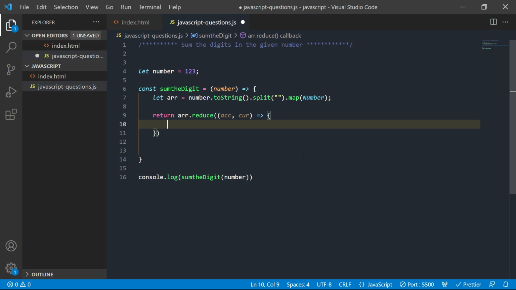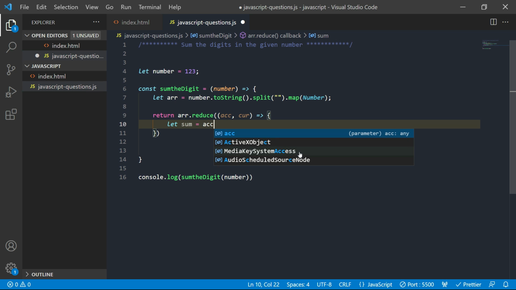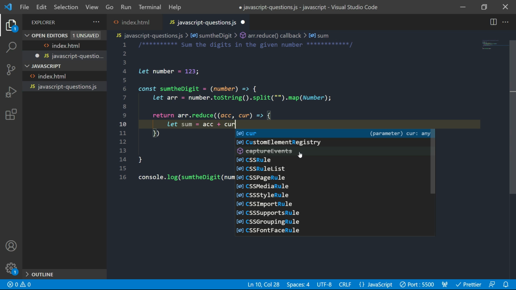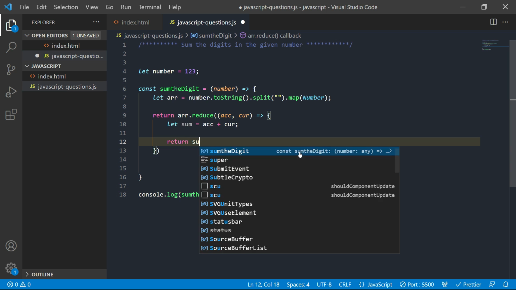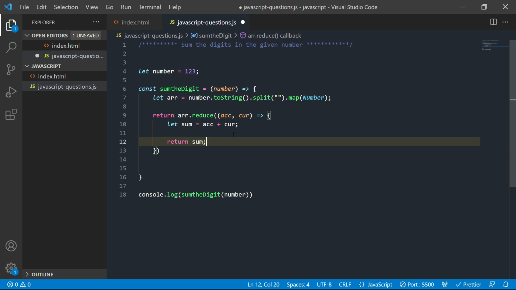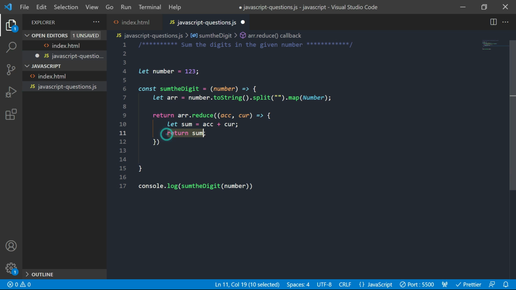Let's take a variable sum and add the accumulator value plus the current value, and return sum. So this is going to return the sum, and that is being returned here in this function. Okay, let's check the output.